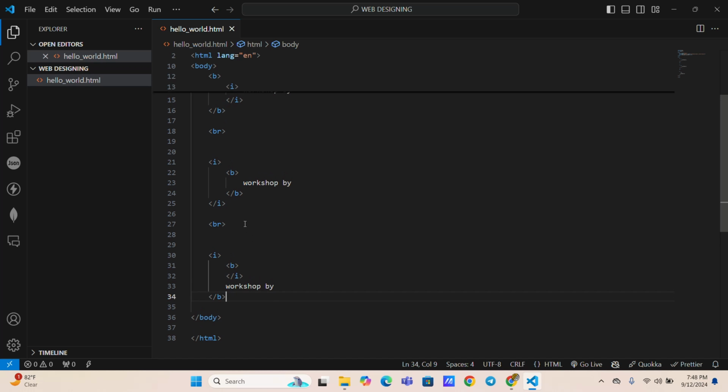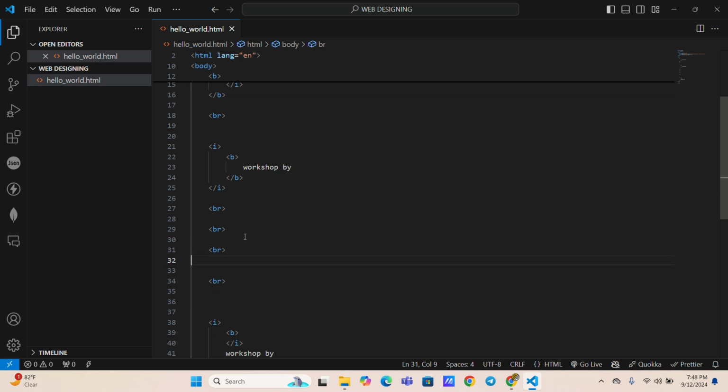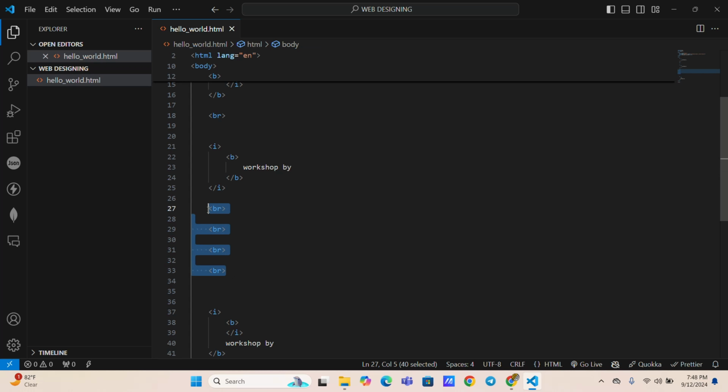So this is about the I tag. And one more thing I need to tell you: what if I put another br here? So I kept 4 brs, right? What will happen if I keep 4 brs here? Let's see the output. So what can you conclude? For every br, one line break happens. If you put 100 brs, 100 line breaks will happen. For the first br, a line break happens from here, from the second br again one line break, third br one line break, fourth br one line break, and then the content is displayed. If I put another 4 brs,